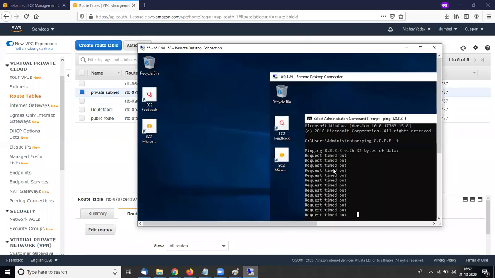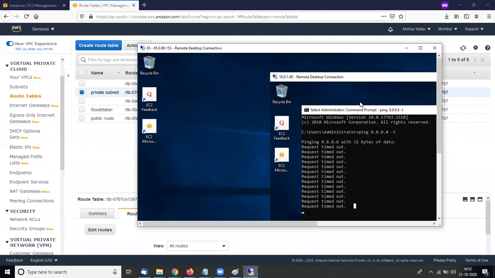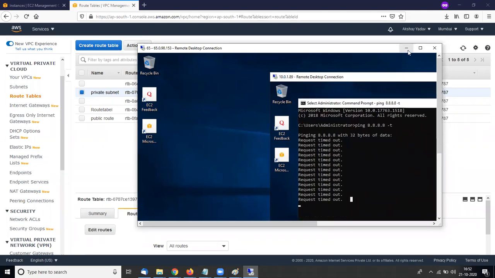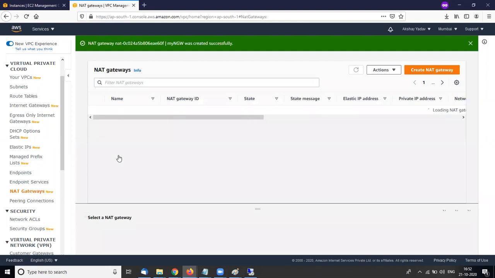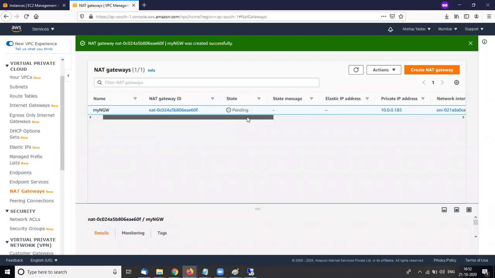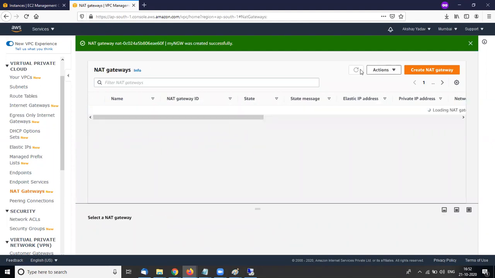Let's check my private subnet, we gave the route to the NAT gateway. The NAT gateway is always in the public subnet. Okay, so it's time for the NAT gateway, which is pending. Please wait, the NAT gateway is installing.